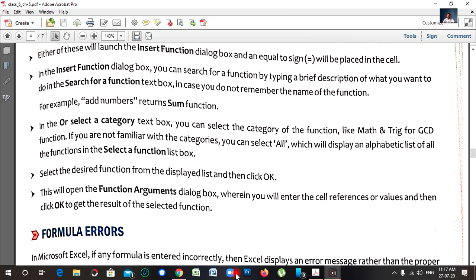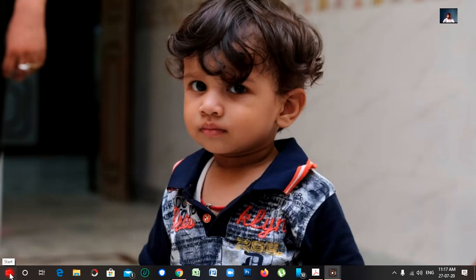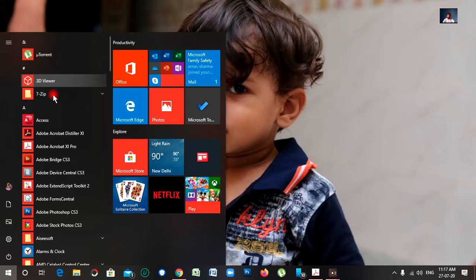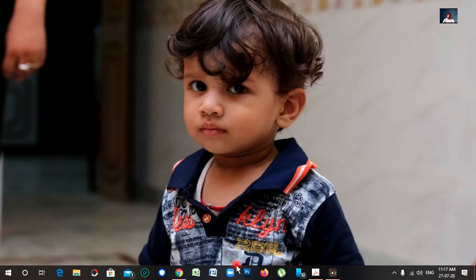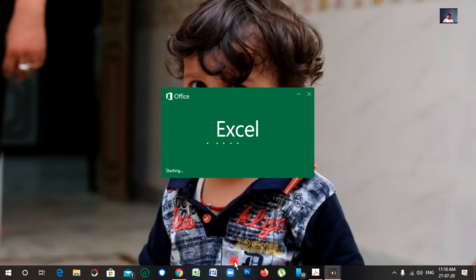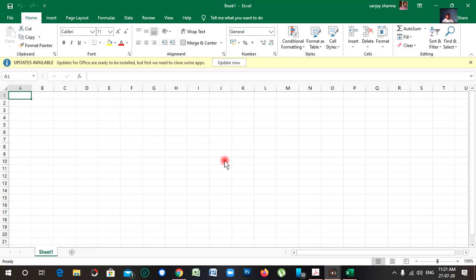Now here we can see the practical also. First of all, we have to open Excel. We know how to open Excel: click on the Excel sheet, and the Excel sheet will open.